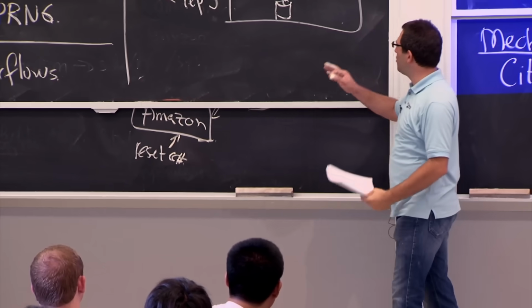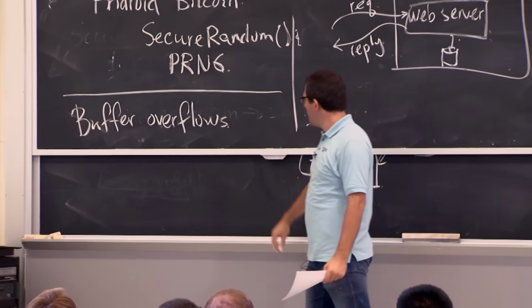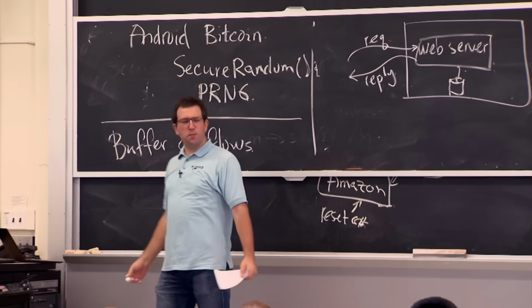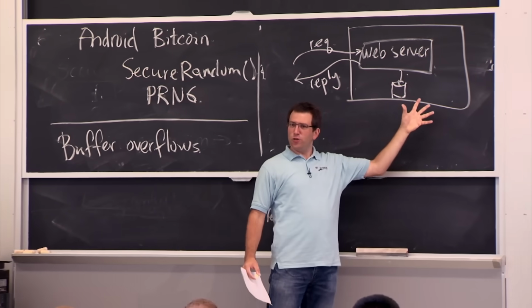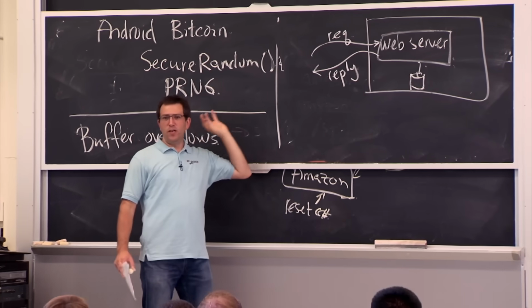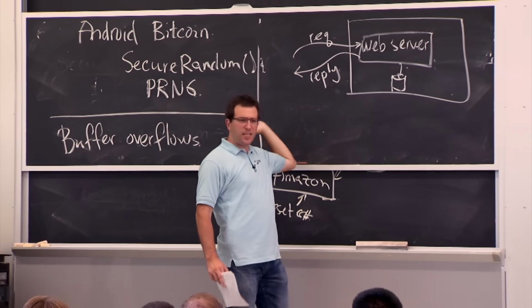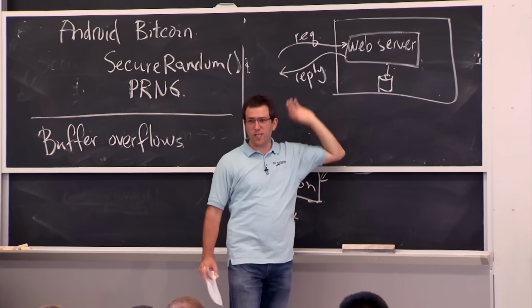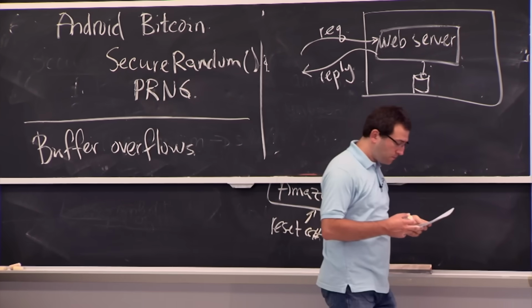But in this case, let's go with some intuitive version of, well, the web server should do what the programmer wanted it to do. And the threat model is probably that the attacker doesn't have access to this machine, can't log into it remotely, doesn't have physical access to it, but can send any packet they want. So they're not restricted to certain kinds of packets. Anything they can shape and deliver to this web server, that's fair game. Seems like a reasonable threat model in practice to have in mind.